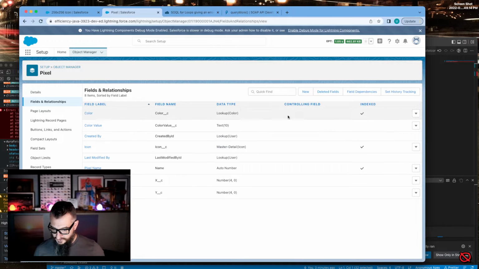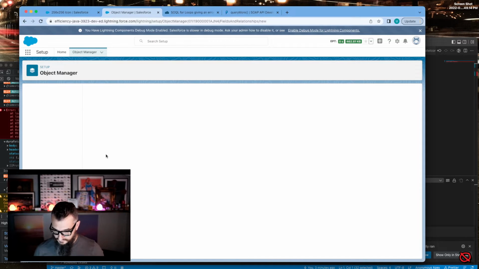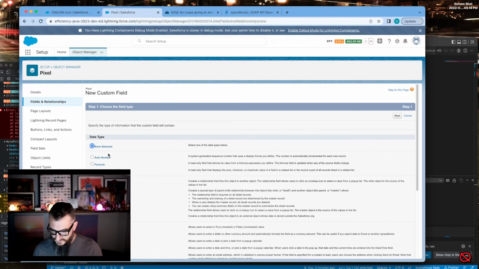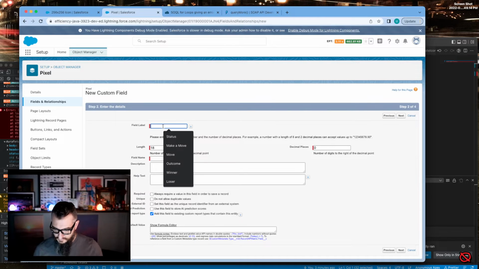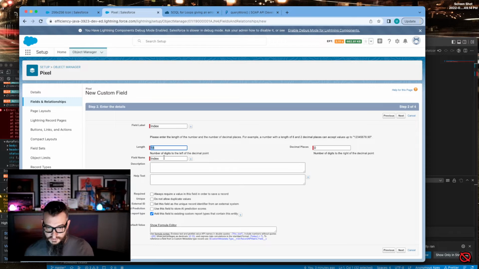And we're going to create, let's just call it index. I think it's going to be a number. It's going to go up to probably something pretty big. So we'll make that hypothetical. I'm going to make it an external ID